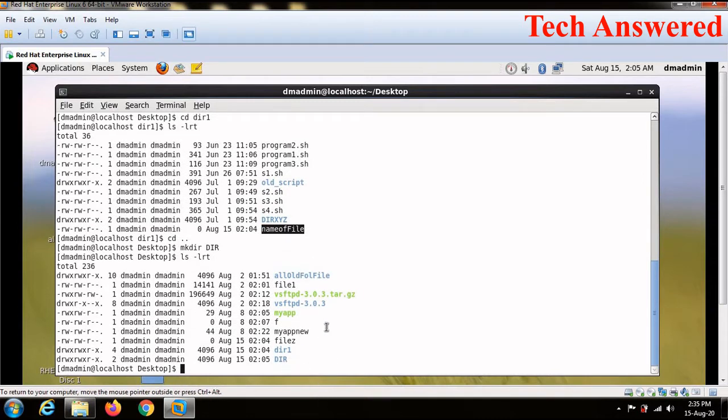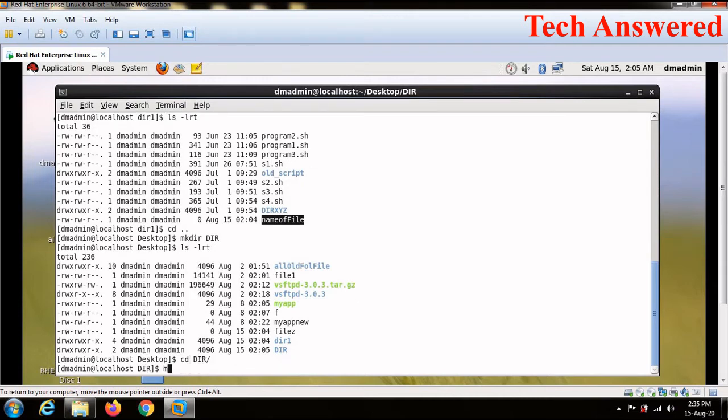You can also do multi-level nesting of directory creation using mkdir. So what we are going to do is mkdir -p, and here I am going to write dir1, then slash, then dir2, then slash, then dir3. My intention here is that I am already inside the dir directory, and if I run mkdir -p dir1/dir2/dir3, it will create 3 directories. The first directory is dir1, the second directory, which will be inside dir1, will be dir2, and the third directory is dir3, which will be inside dir2.